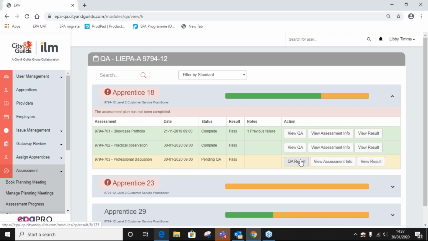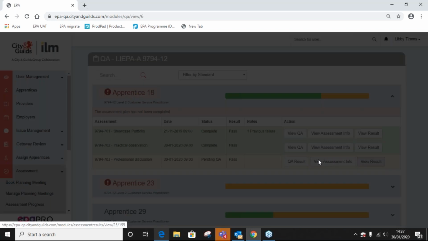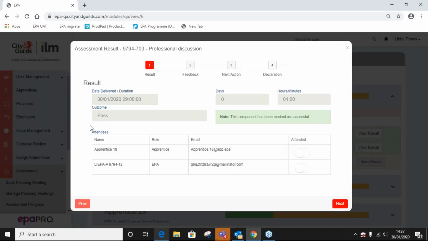Okay, so that is in the view results. So the failed feedback form will be underneath here. It will state name, it will say failed feedback form, and you can see that there's an upload. You'll be able to view that, and again that will download, and you'll be able to view the documentation that the IEPA has provided regarding that failed feedback. If they want to QA the results, they could just QA that result as a pass.